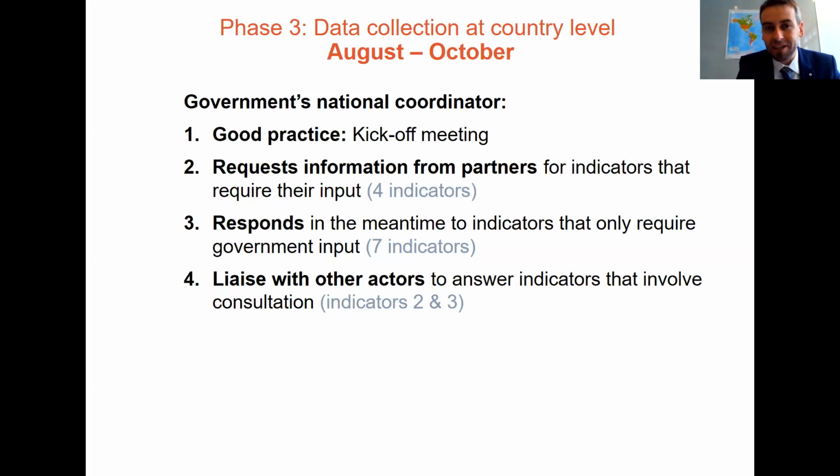So on those 4 indicators, I require some development partner information on the predictability, on the use of your country systems to deliver cooperation, on how well they are aligned to your national priorities and results. So on those indicators, it's good practice to start early on to share this request for information on data.